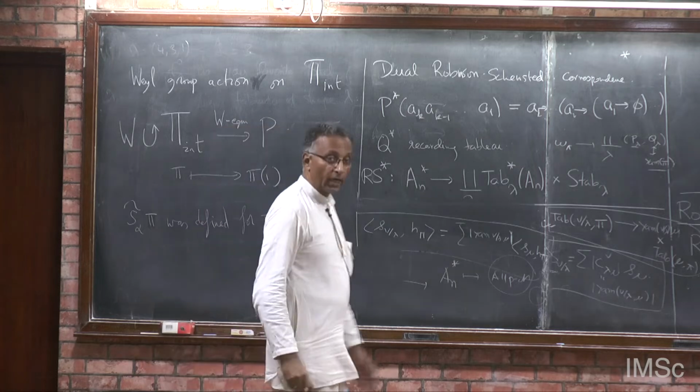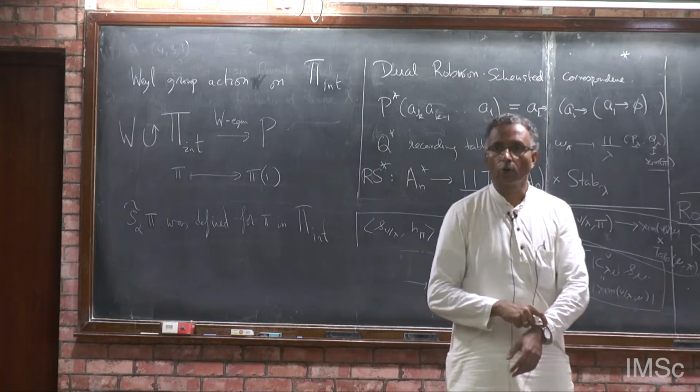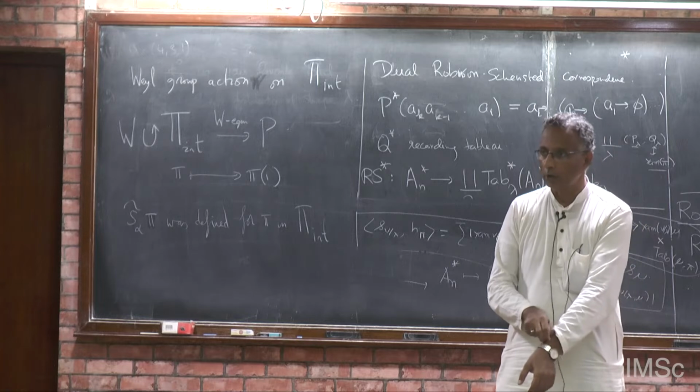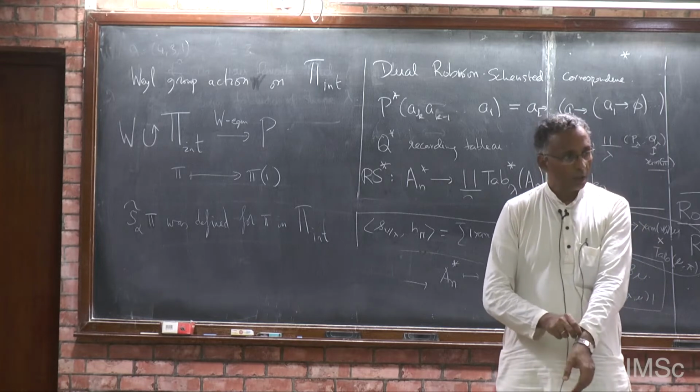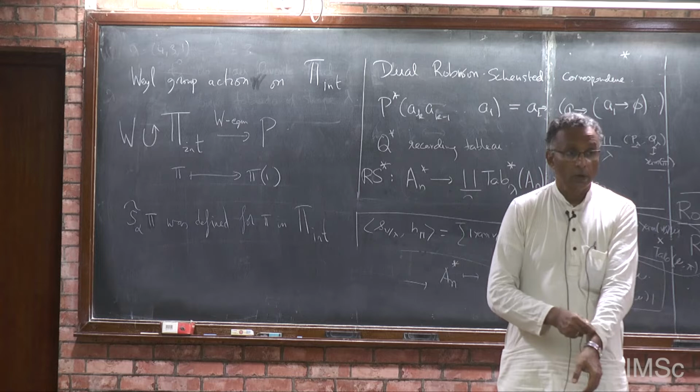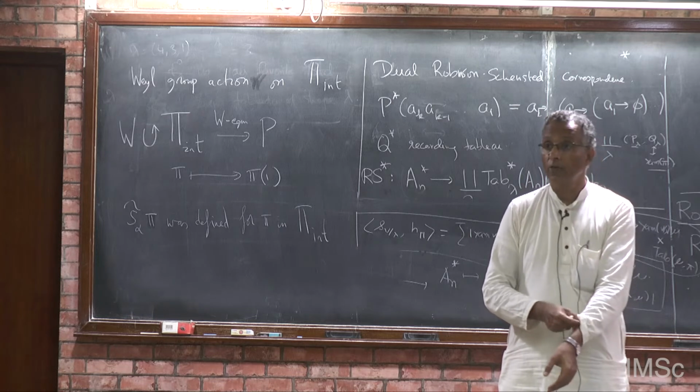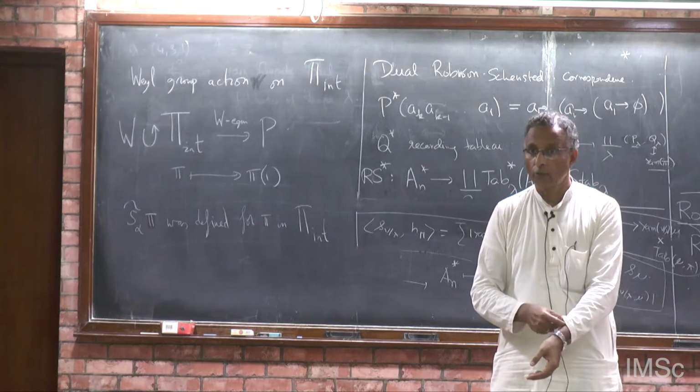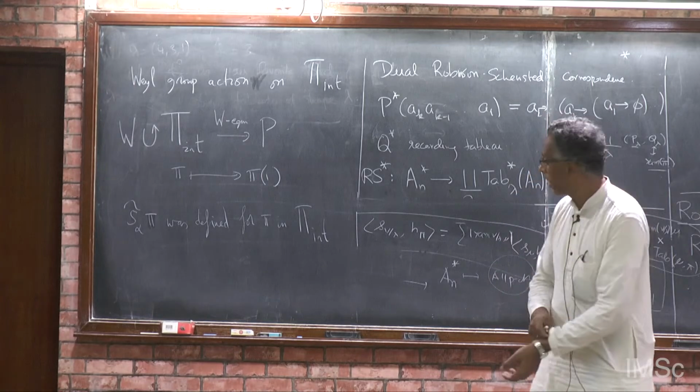So the definition of that was easy, and it was also easy to check that this was an involution. What was difficult was that they satisfied the braid relations. That was the hard part. Okay,